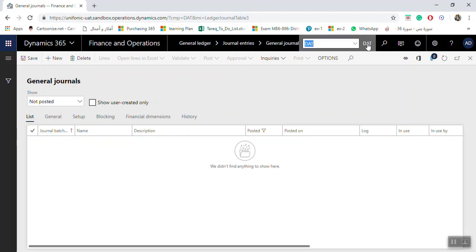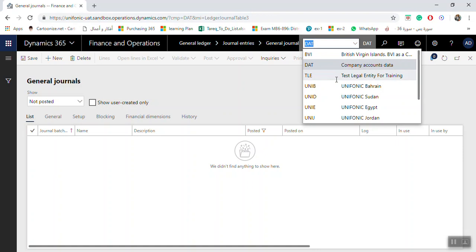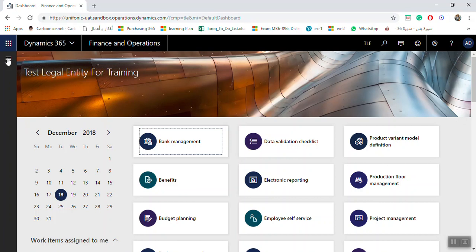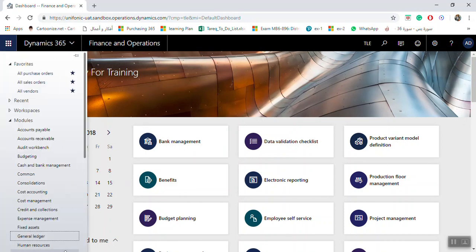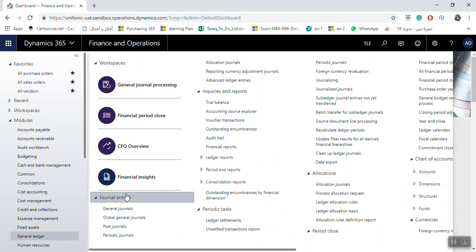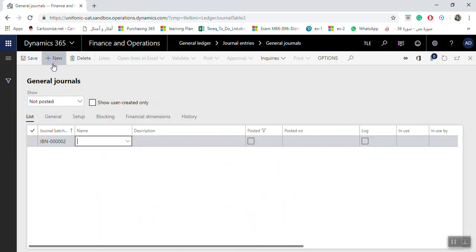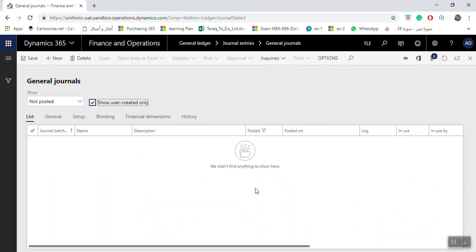I will change the legal entity first here to our test legal entity. Then I will click new again. If I need to create new journal entries: general ledger, journal entries, general journals, new. In these options you can select show user created only, so you will see here only the journals which you created. Okay,